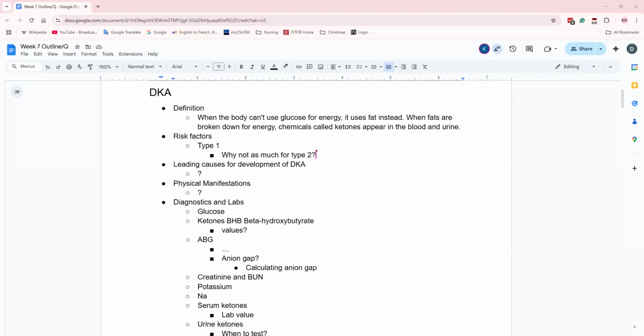Leading causes, I think we already talked about that. Here we go. I'm so bad at the typing and talking that I have an outline to the side and I'm just bringing stuff over. So forgive me. But yeah, your main causes for development of DKA are inadequate insulin or non-adherence. So if somebody's just like, I don't want to do my insulin injections, I'll do it later, or they forget. There you go. Followed by new onset.